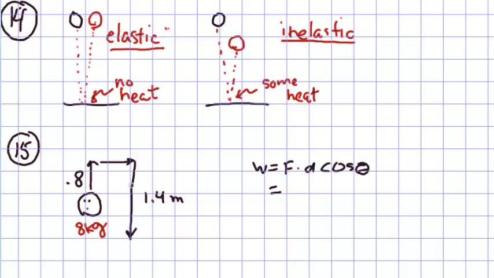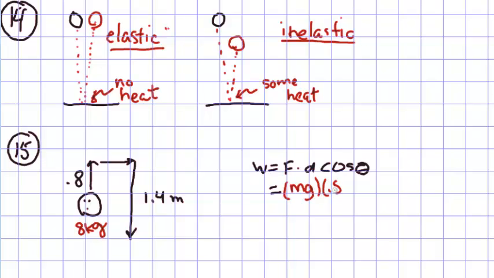Question 15 involves a bowling ball, and your job is to figure out the work done in bringing it up 0.8 meters over some unknown number of meters and then down 1.4 meters. So let's see, it goes up 0.8 meters because it started at 0.6 and it went to 1.4, so that must be 0.8 up. So we need to figure out the work on each leg of the trip. And the first leg, our force is just the same size as mg to lift it up. Our distance is